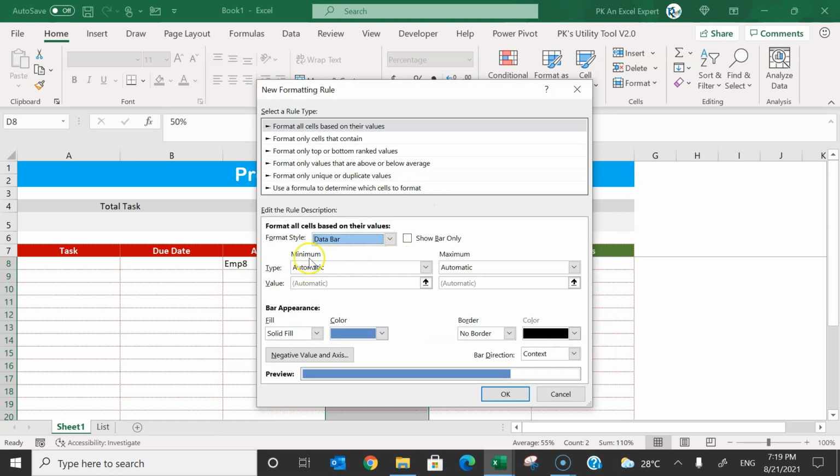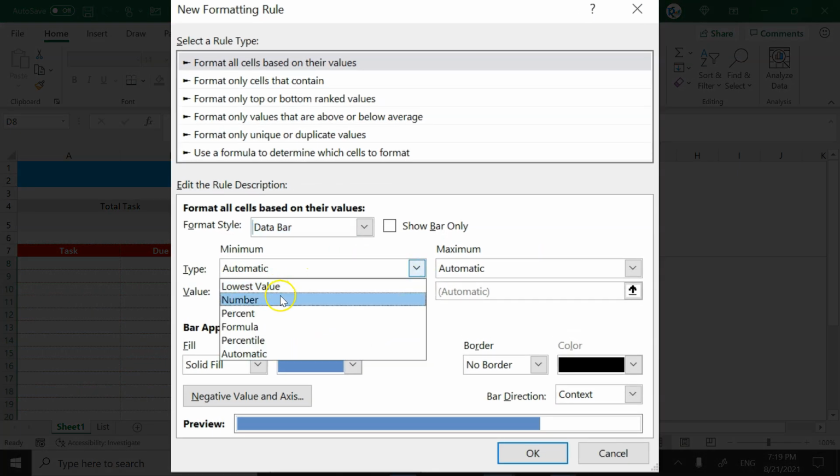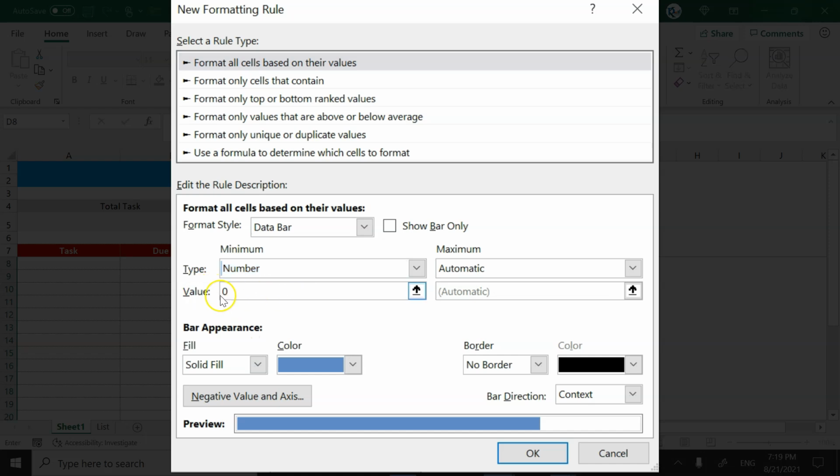In the data bar, I'll go to the minimum and maximum value. So here you can see the type is automatic. Just select here number, and default value is 0, so keep it as it is. For the maximum, again take the number, and default value take here 1. So basically we want to enter between 0 to 1, means 0% to 100%. Okay, in the solid fill you can take any color. So I have taken, let's say, this green color. And if you want to make it gradient, you can make it gradient. So I have taken this gradient.